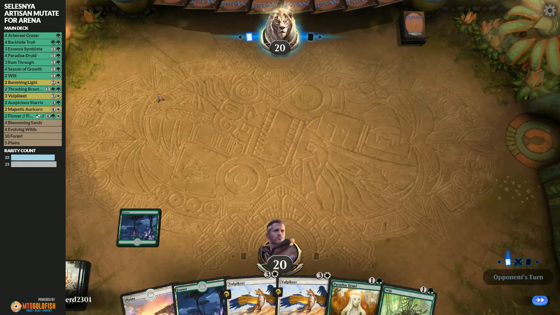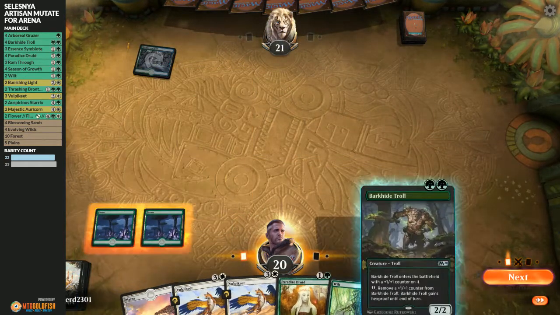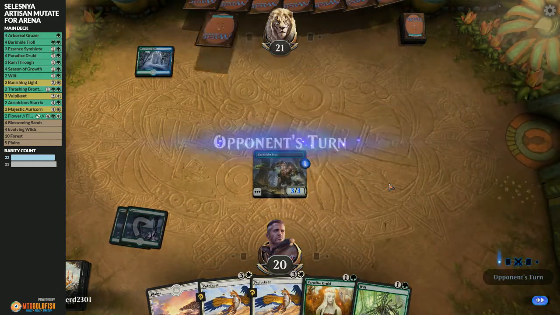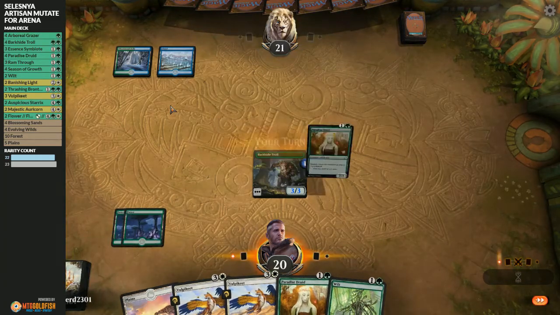If our opponent plays black, okay, green-blue. Okay, I guess we run the Bark Hydro. We'll run the Bark Hydro. This could just be a counterspell deck, in which case we just keep...